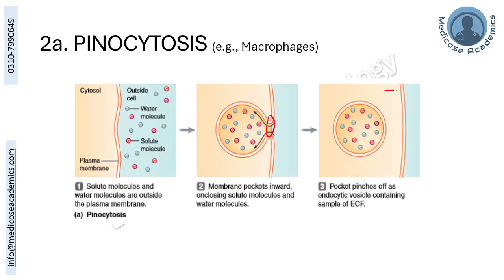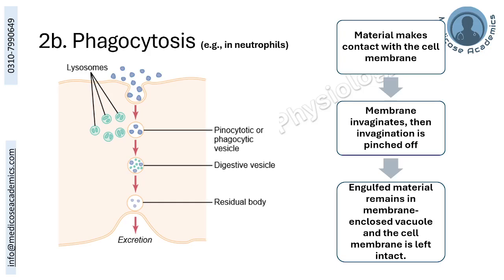As exocytosis adds to the cell membrane, endocytosis is taking away the cell membrane. So this is a continuous balance between exocytosis and endocytosis that is continuously happening across the cell, thus keeping the surface area of the cell membrane constant, not increasing or decreasing. Phagocytosis: the materials come into contact, invagination, there is pinching off, and an endocytotic vesicle forms. This is simply phagocytosis, for example, occurring in the neutrophils and macrophages for bacteria.